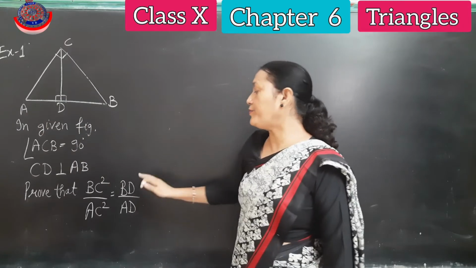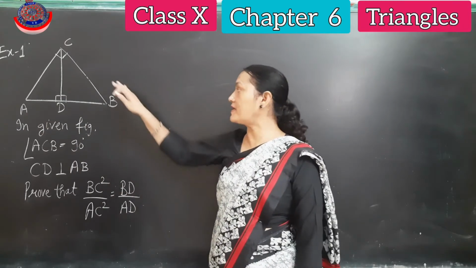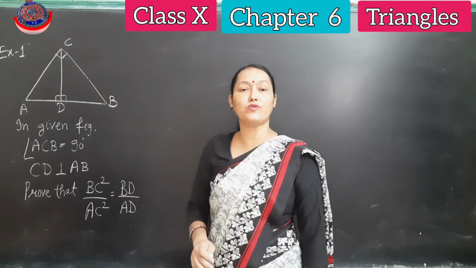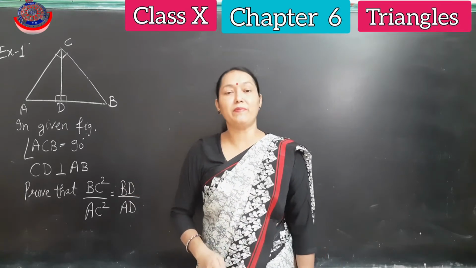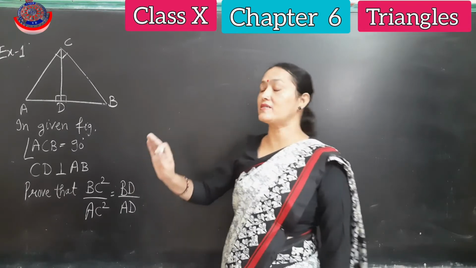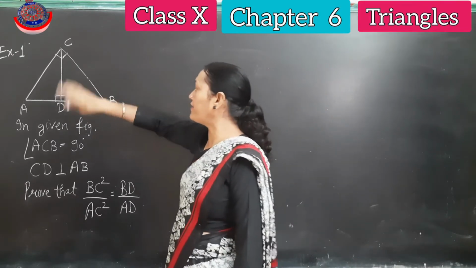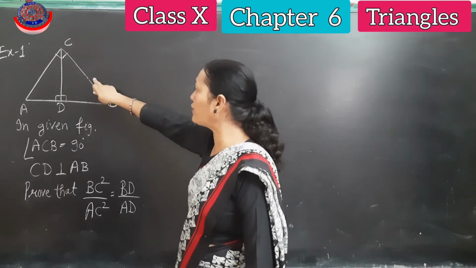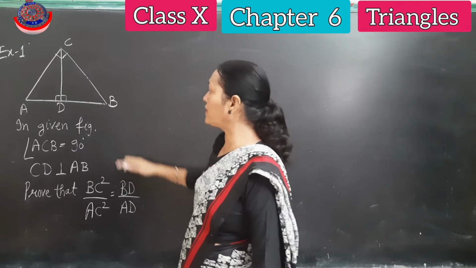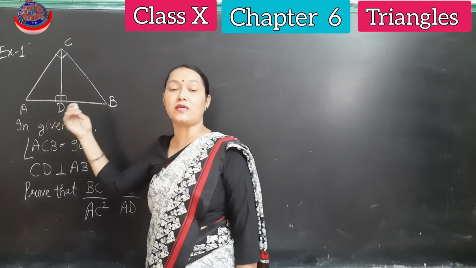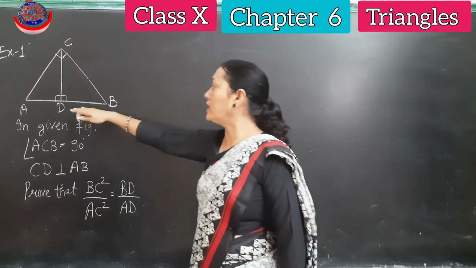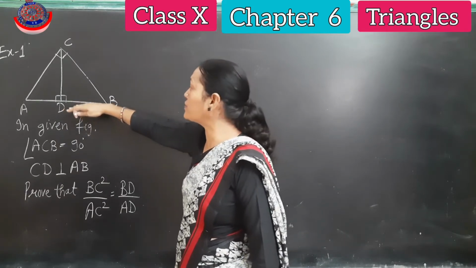Side by side, whenever you prove something, just keep the result in your brain, because we'll be using these results in our questions also when we'll be doing the questions of exercise 6.5. So you have to remember this as a result: whenever we write down the ratio of the square of two sides, it is equal to the ratio of the parts of the third side, or you can say the ratio of the parts of the hypotenuse, because this is opposite to 90.